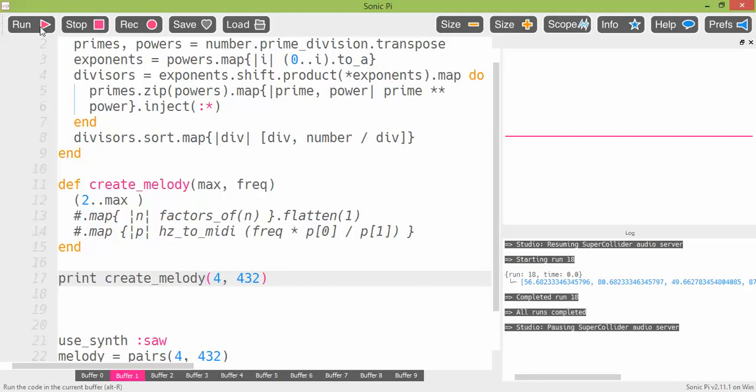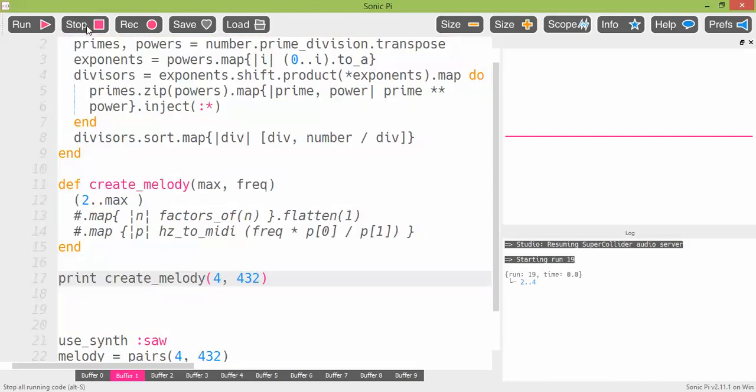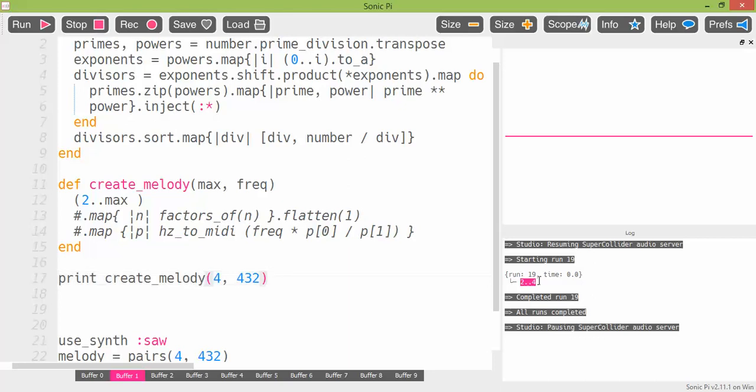Now let's see what happens. If I get rid of everything, it gives us a range of numbers 2 through 4, which I'm sort of annoyed that Ruby treats as a range, some distinct object different from a list. But really what we're talking about here is a list of numbers that starts at 2 and goes up to whatever you put here. So if this was a 10,